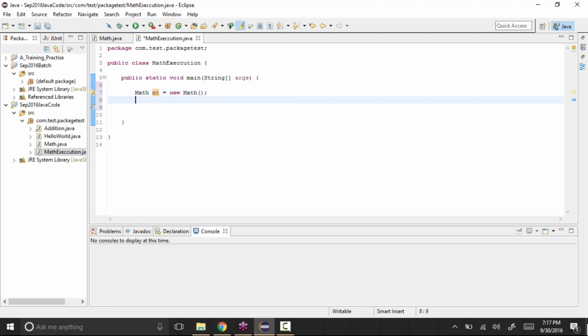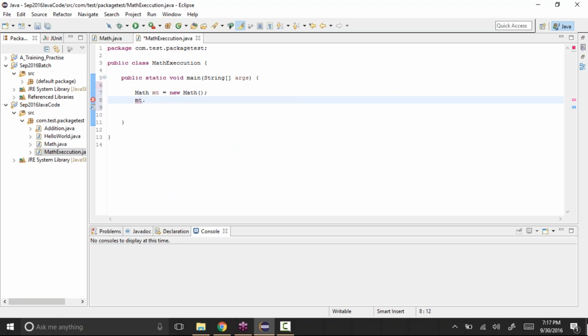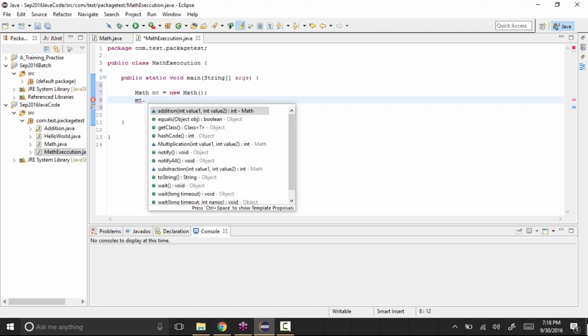So now using this mt dot, it's taking some time to load, mt dot, see, now you can see all the methods that you have in that class.